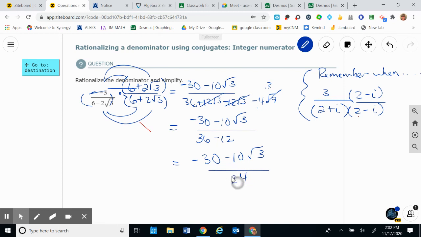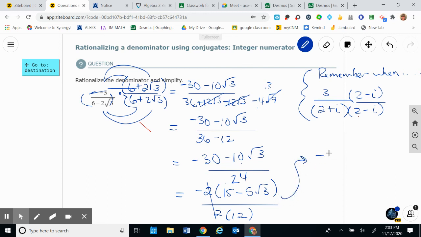24. Notice all three of these numbers are divisible by 2. So we can simplify it. Are they divisible by 4? No, because 4 doesn't go into 10. So we are going to factor out a negative 2, and we're going to write 2 times 15 minus 10 divided by 2 is 5 root 3. So all I did was divide the top by 2. And then we're going to factor out a 2 here, right? 12. Do you see what I did? I factored out a 2 and I factored out a 2, and this 2 will cancel. And you will get